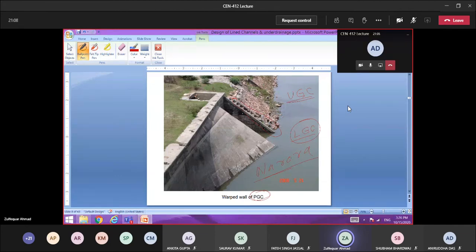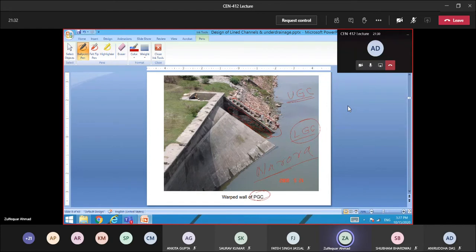Would you see this figure? Here in this figure, you can say this is the space that is not filled up with the concrete. Okay, this is having water. So maybe there is silting, so for that silting. No, it's not for silting. Sir, surface drainage. Surface runoff. No, surface drainage.